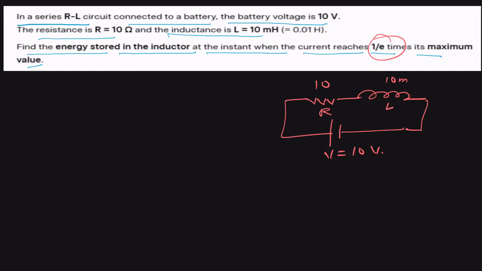And in general, we can write the growth equation of the current in an RL circuit. So we can say the current grows in an RL circuit,